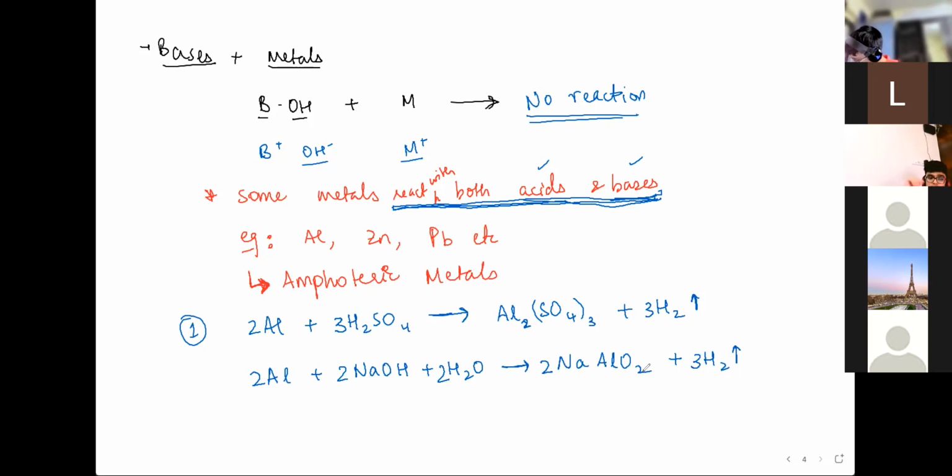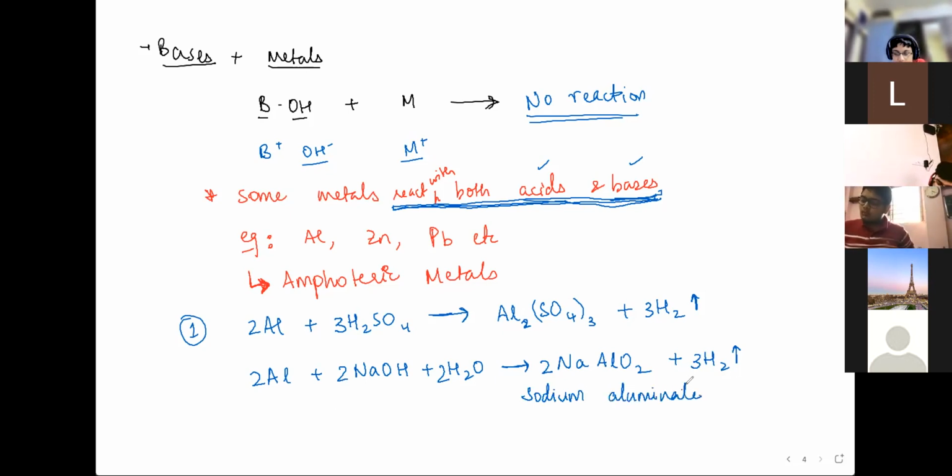What do you guys think the name of this compound would be? I'll give you a hint: it is very similar to aluminium. Sodium aluminate, very nice, Puneet. Yes, this compound is called sodium aluminate. Ma'am, aluminide it could be, right? No, aluminate, ATE. And why aluminate? Because